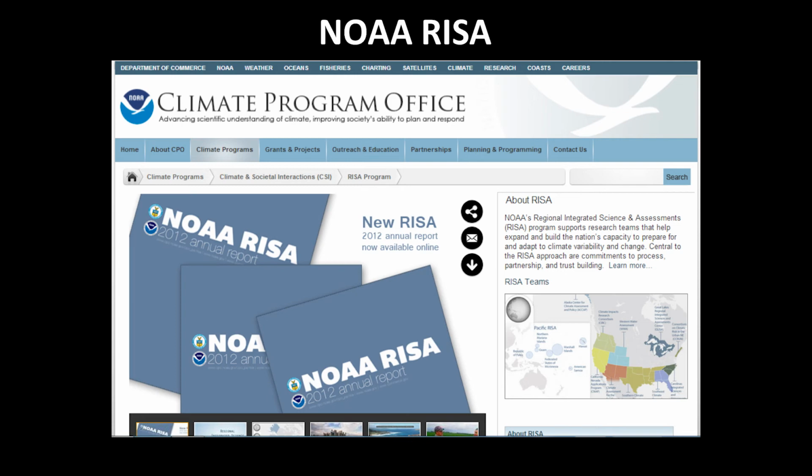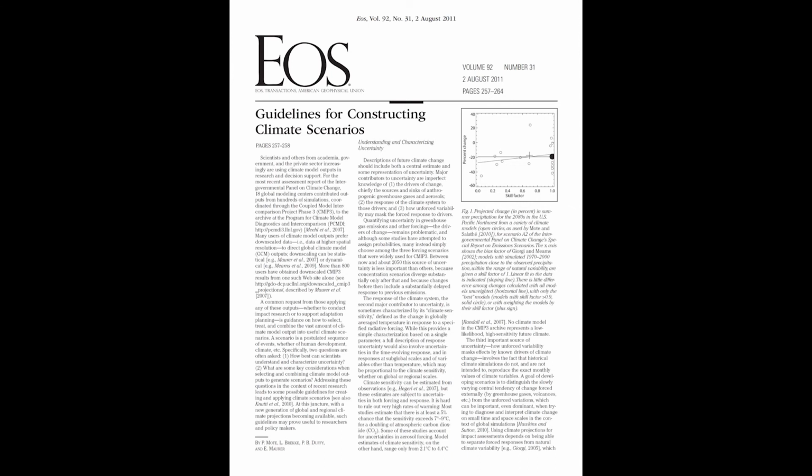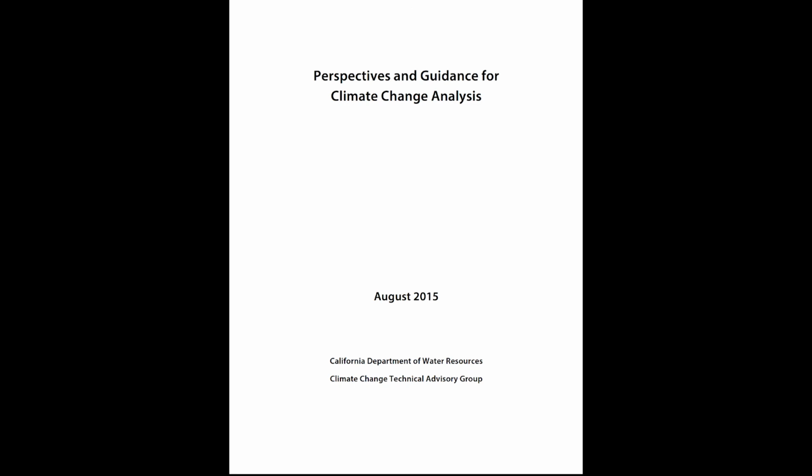And then very briefly, sources of information. National Climate Assessment has a few chapters that tell you a bit about modeling. There's this interesting article in EOS from 2011 about guidelines for constructing climate scenarios, and then a more recent report put together for the Department of Defense that's actually written in pretty understandable language that discusses all of the sorts of things that I've mentioned in the last 10 or so minutes. And then if you really want to dive in there, you can look at a more technical report from the